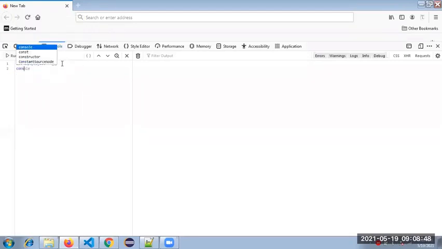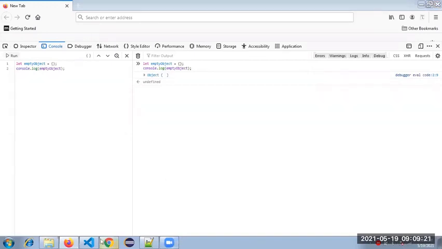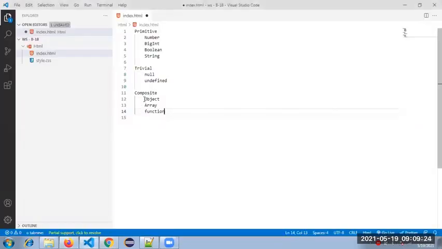console.log of empty object. Guys, please try to understand. That's why I'm giving some space, waiting a few minutes for your doubts. We are just seeing composite; the first one we are seeing is object.